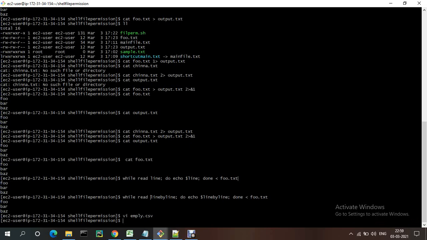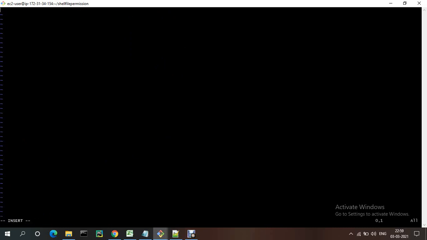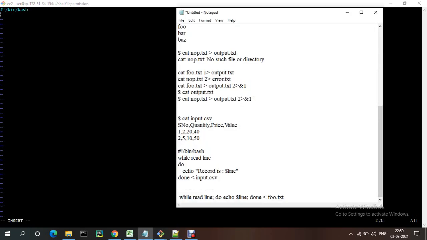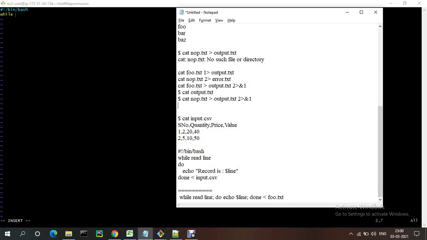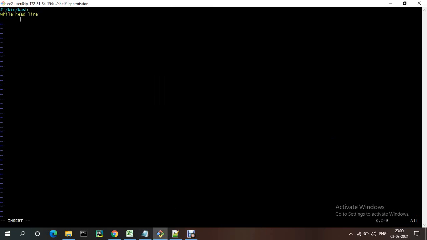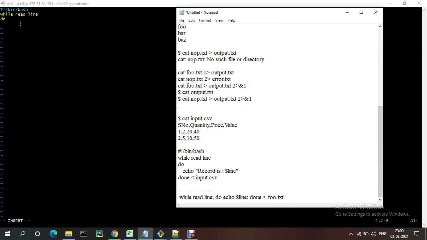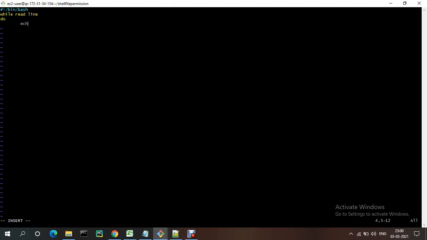I wanted to write a small shell script. It needs to read all the data from this file. vi readline.sh, bin bash interpreter, just I'm reading: while read line, do echo record.